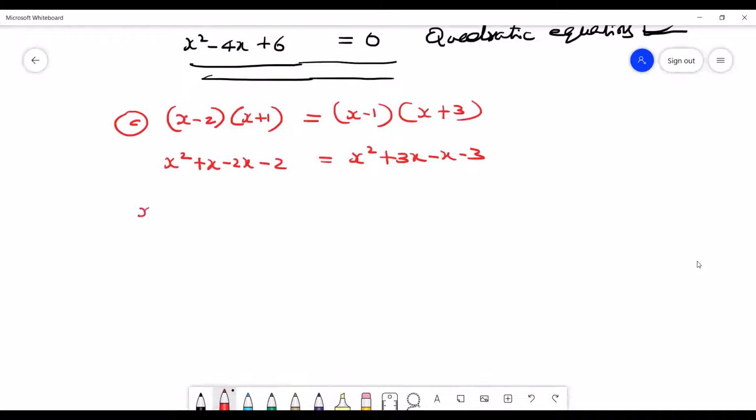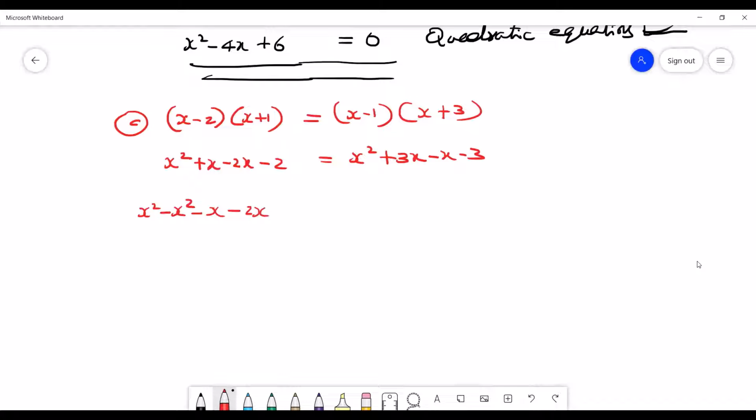That will help us to make the process of subtraction as well as addition easy. So x square is here and here also x square is there and this is plus. So here it will become minus x square. And we are having x and minus 2x, so minus 2x and x here it will be minus x. And here we are having 2x, 3x and x, so when we add, then you will get 2x. So that 2x I am bringing here, then it will be minus 2x.